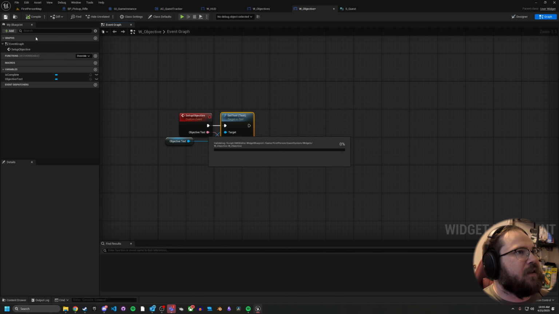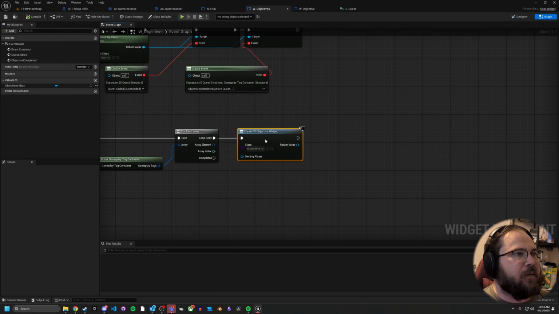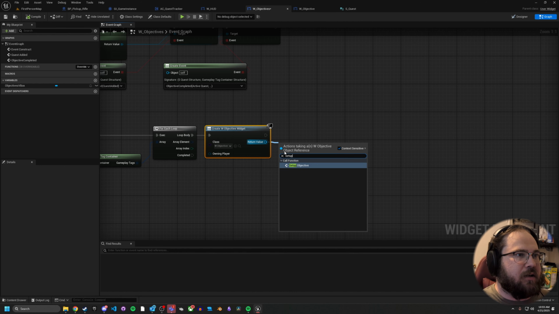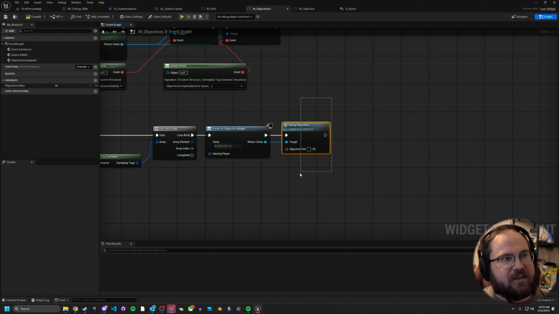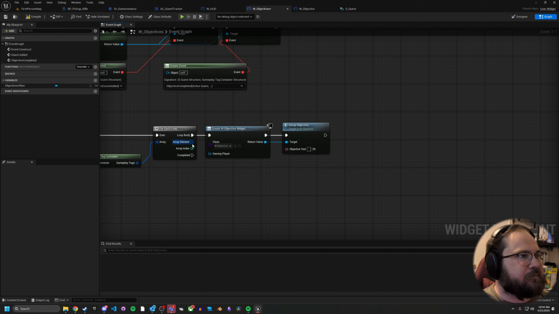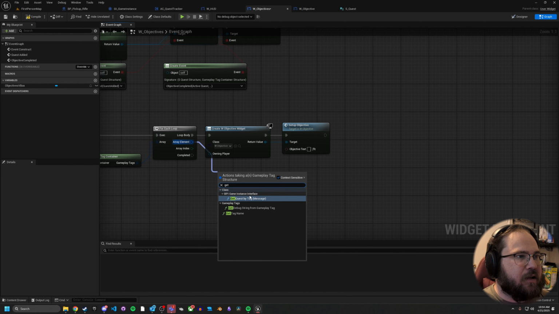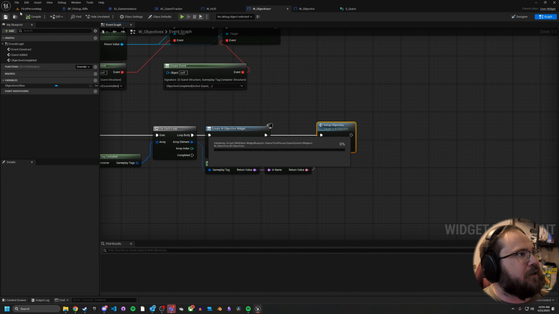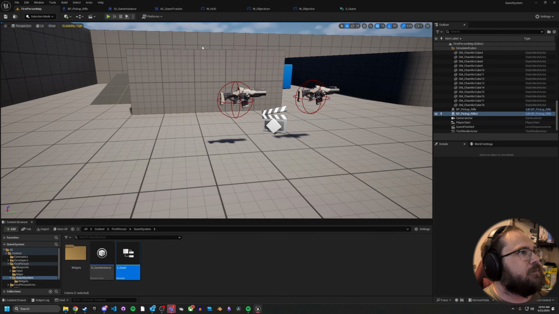All right. So with that, we can then pull off here and hit set up objective. Now, of course, with it being a single thing, you probably could just drag off here, find the variable and everything. But I like to set up these functions like this because then if we add more stuff later to that function, I don't need to go in and create it. It's already existing. I just need to add the variables. So what we can do is get tag name. Now this is of FName type. So let's see how clean this looks when we start up, and hopefully,